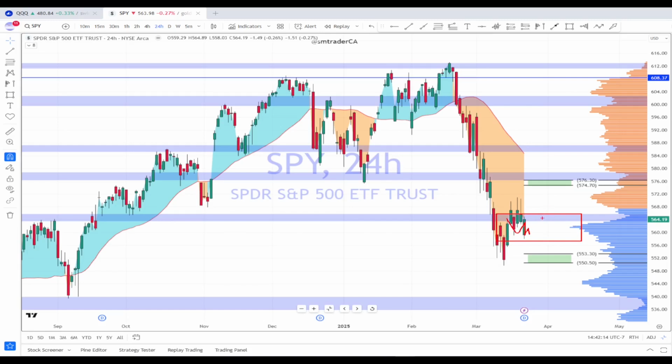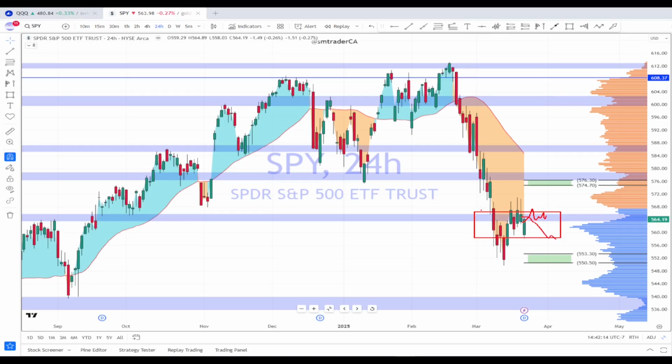So basically looking for the SPY to see would it break this balance and move up into this 580 area, and see would it get rejected back down and come back down to this balance and work itself down toward the lower range. Now, if it's unable to break this balance here, let me draw this back in. So if it is unable to break this balance, then we'd be looking for it to